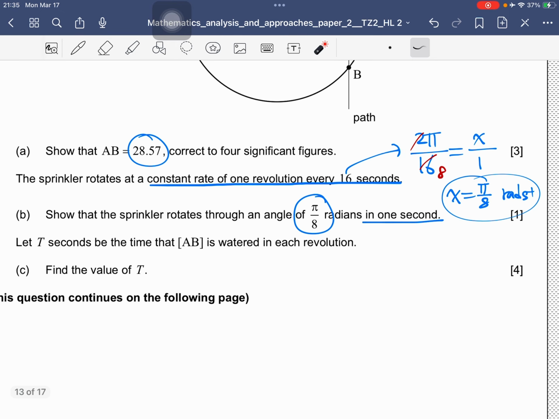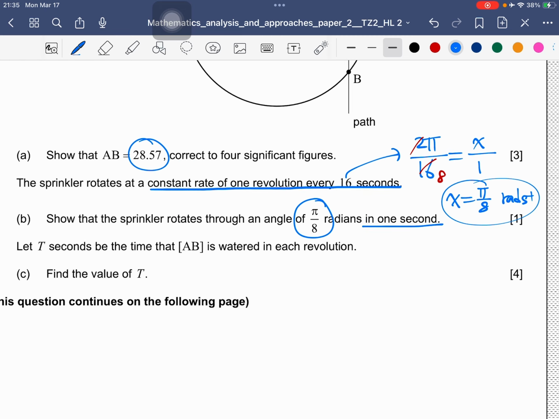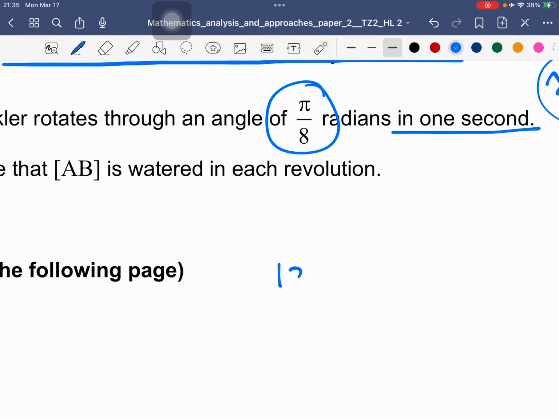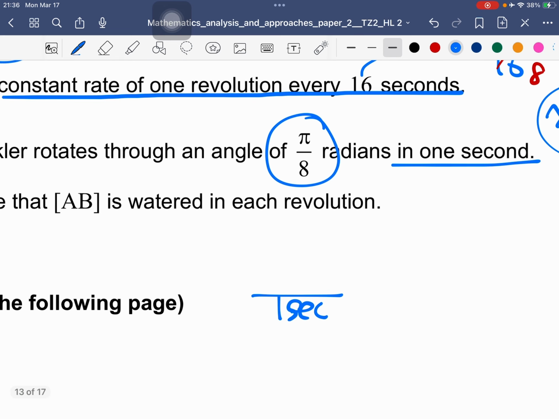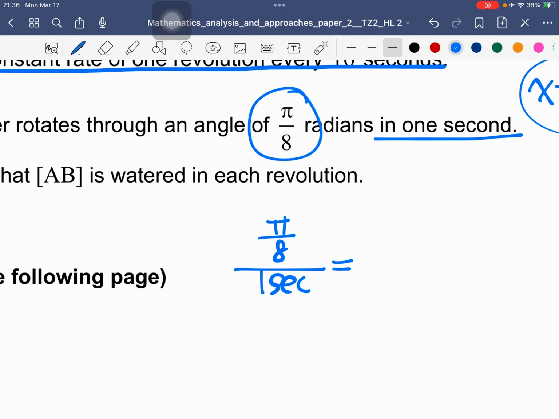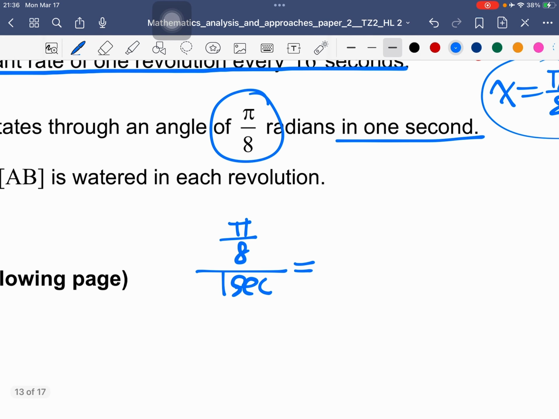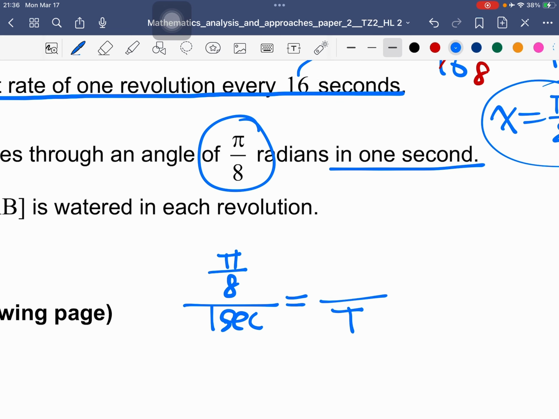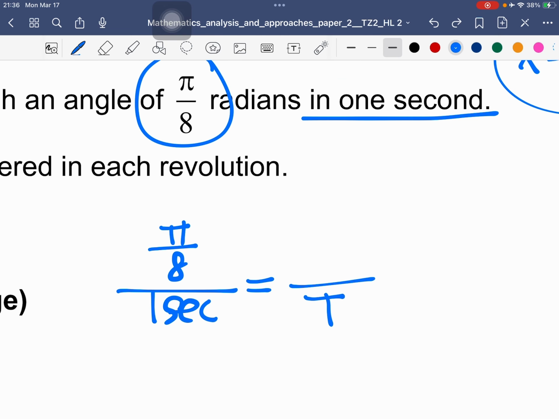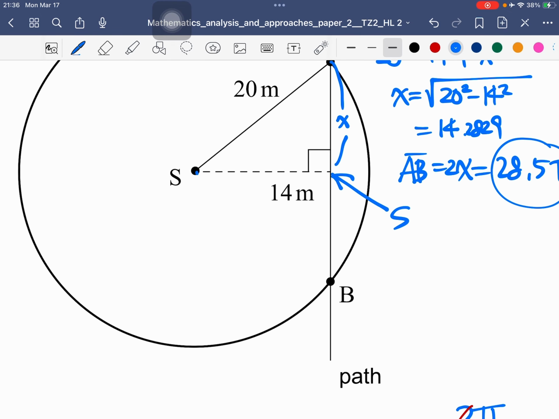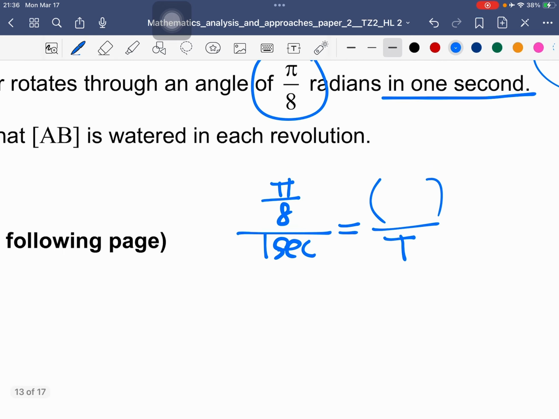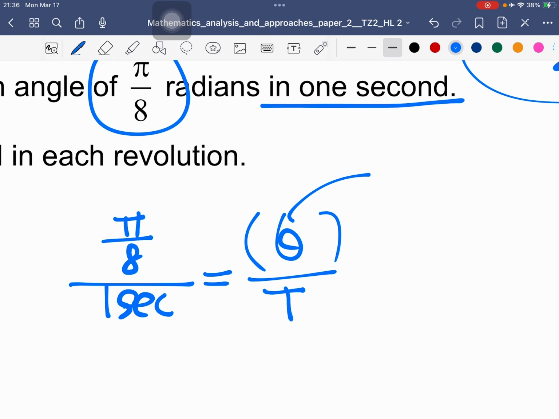So we can make an equation. It takes 1 second for the sprinkler to rotate pi over 8 radians. So how many seconds t do we need for this angle theta? The angle theta can be found